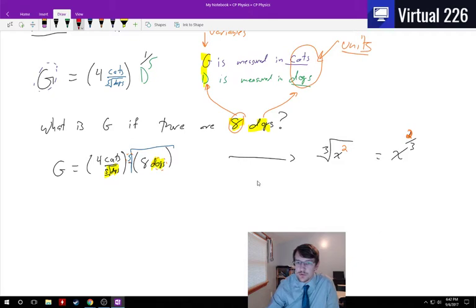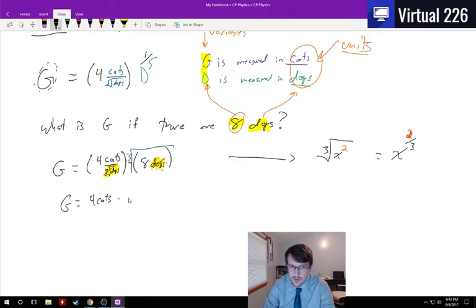The only way I can get rid of a square root, or a 5th root here, is if I raised all of this to the 5th power. Then I could be like, oh look, the radical goes away. But I'm not doing that. I'm not doing anything weird like that. So the dogs can go away, the 5th root of dogs, the 5th root of dogs. What I'm then left with is G equals 4 cats